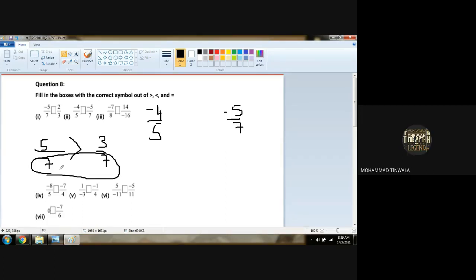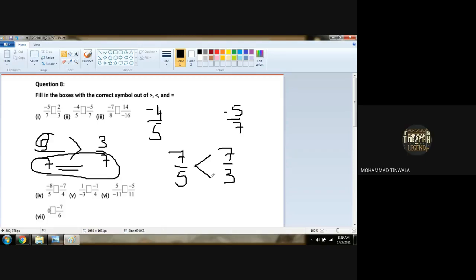In the same way, if I say 7/5 and 7/3, now which one is greater? We will not check anything. We will say that just as when denominators were equal the bigger number was greater, when numerator is equal, at that time the smaller denominator will be the greater fraction, greater rational number. Understood or not? Yes.